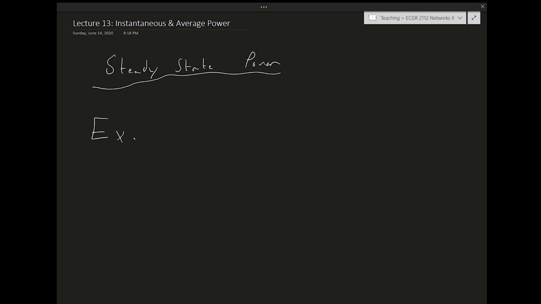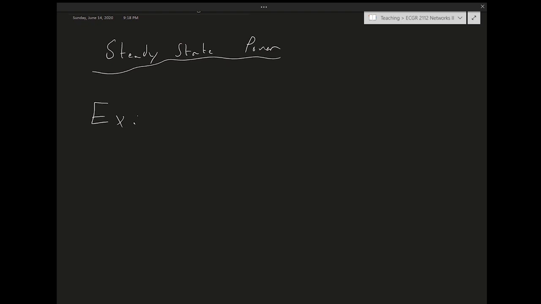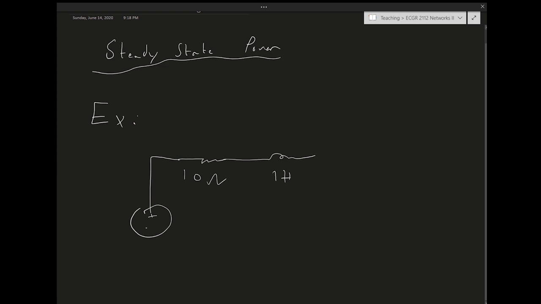from the AC analysis chapter, which is an example that explores what happens when we have some circuit with two voltage sources or two sources that are of different frequencies. So let's say I have this circuit, 10 ohms and 1 Henry, and then I have two supplies or two sources that are each running at a different frequency. So one of them is running at